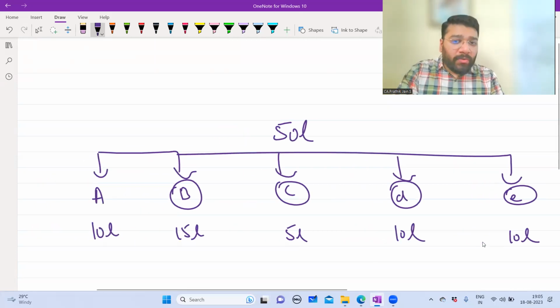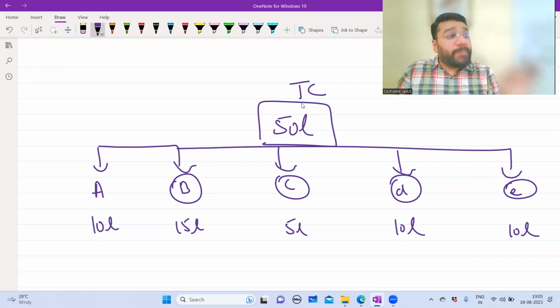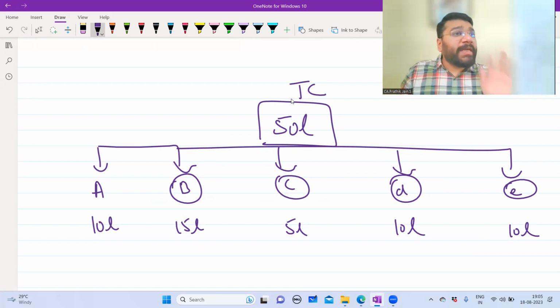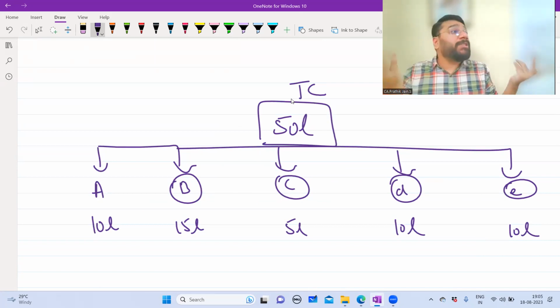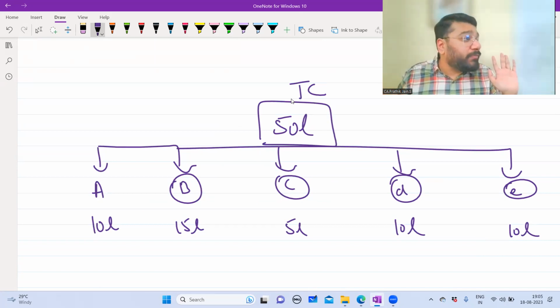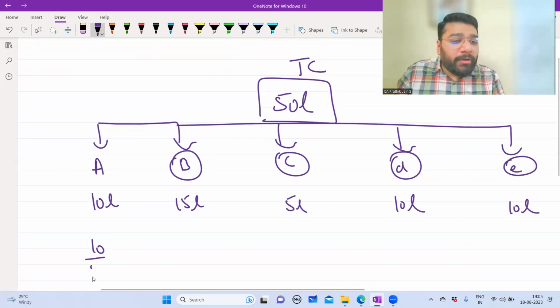Now, the total capital of the company is 50 lakh, which means if I have to start the business, I need 50 lakh rupees. But one person contributing 50 lakh is very difficult, so they ask multiple people to contribute. Like that, we identified 5 people. Each one says they'll contribute depending on their capacity. So if someone has contributed 10 lakh rupees, what percentage have they contributed? 10 upon 50 into 100. How much?